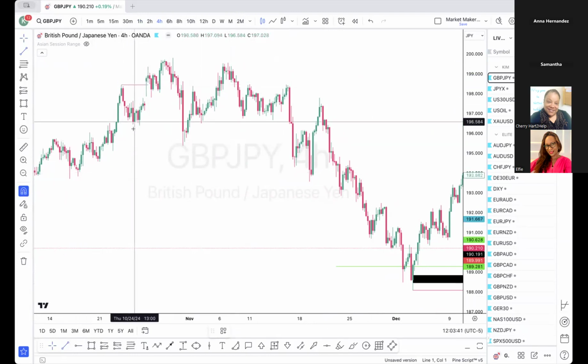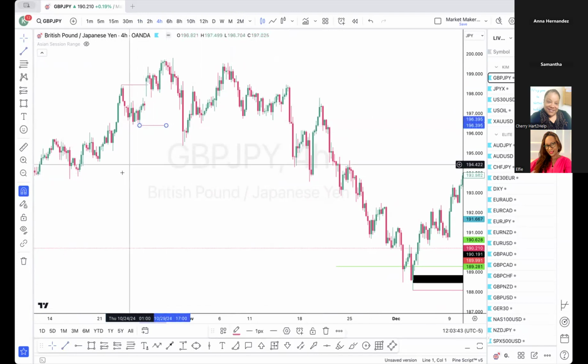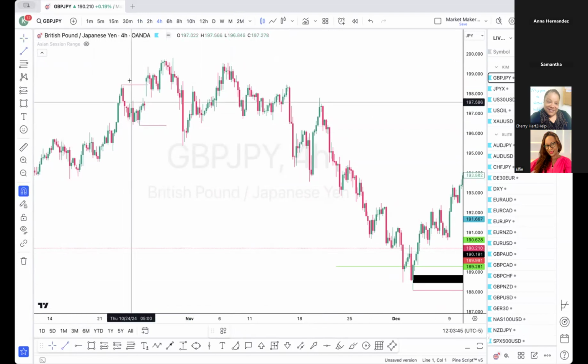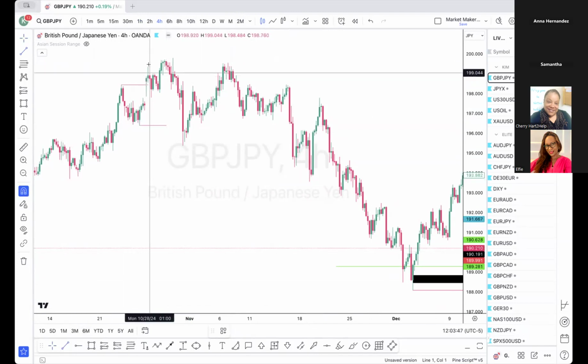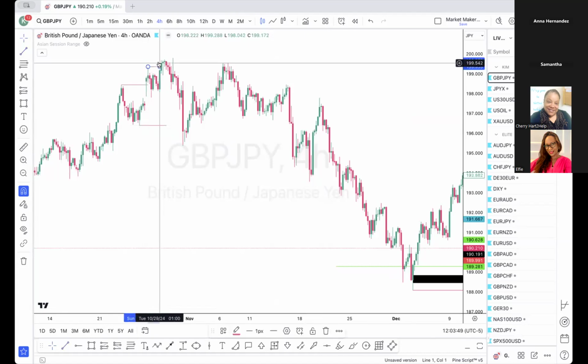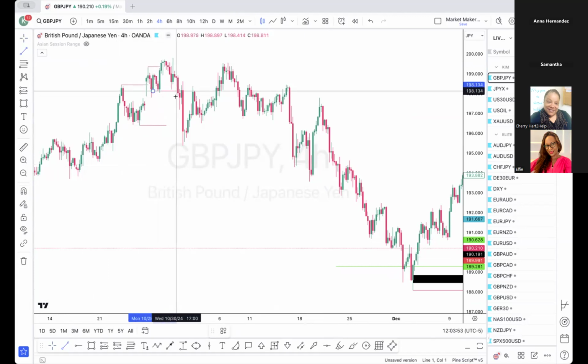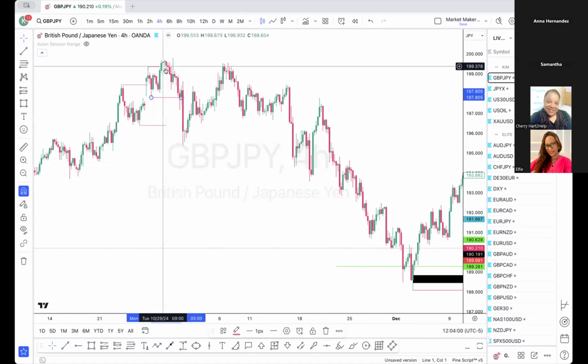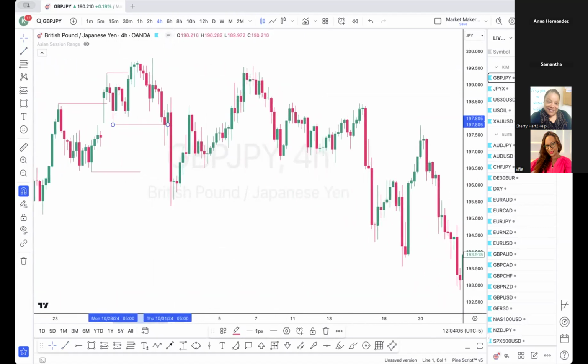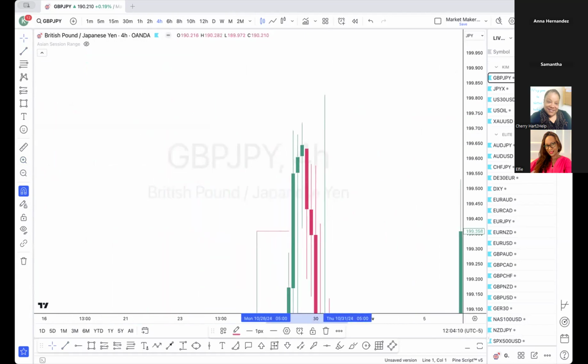I identify my swing lows, and as they are going up, I mark them as they go. So as soon as I get a break of structure, now Todd is usually waiting for, and let me zoom in,